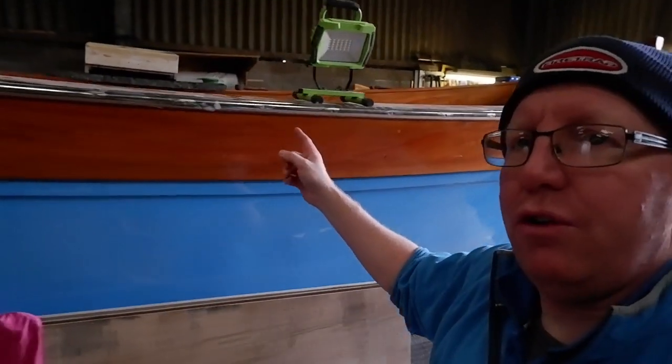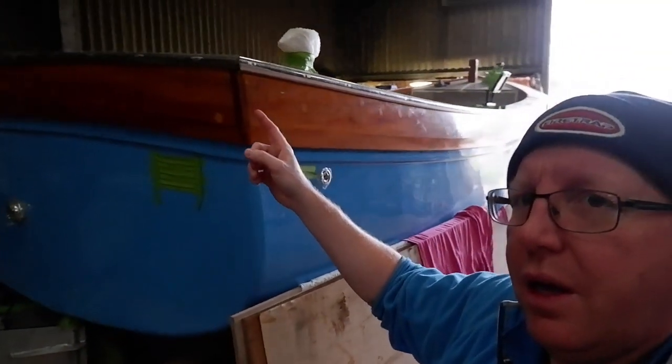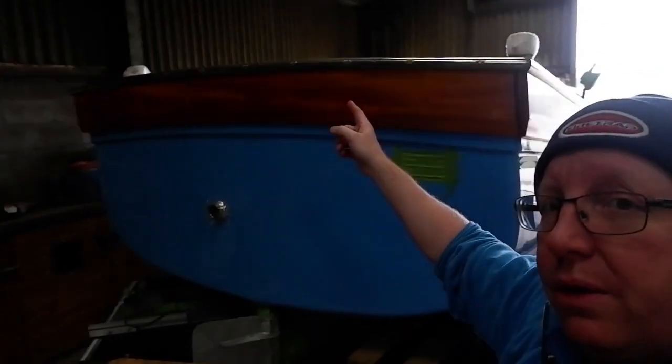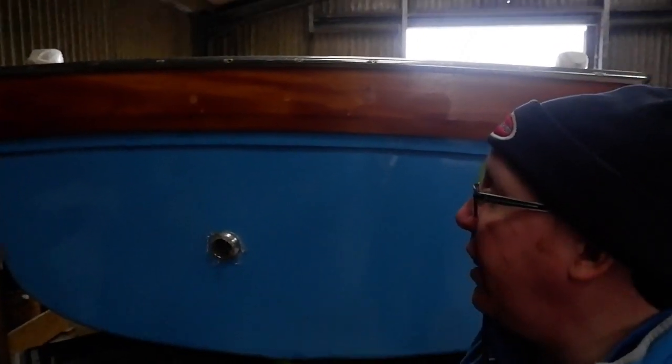So obviously we've got it right round the top of the boat and across the back end as well. Oh, sorry, I got a bit dark there, guys. It's just not an awful lot of light. Winter time, you got to love it. So yeah,